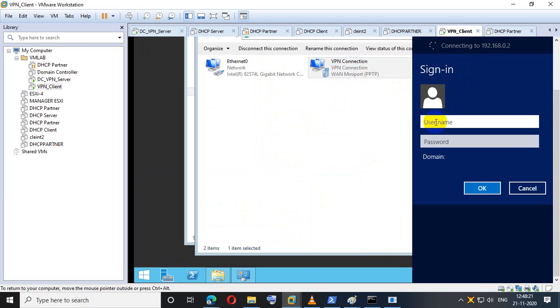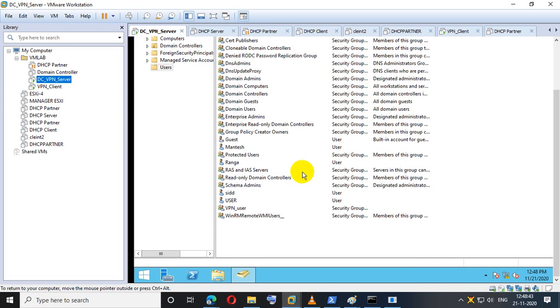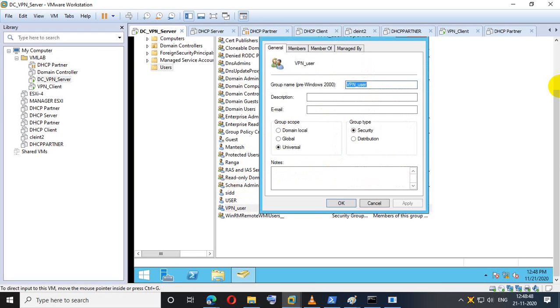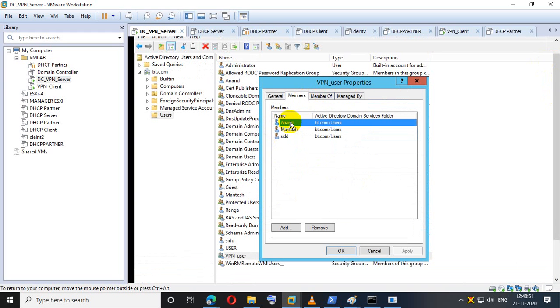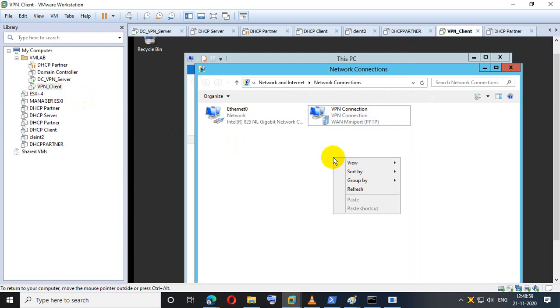Now here, BT/Anand. Now is Anand connected, right? I have not changed anything. Now what I do, I will remove Anand from the user access groups, that means the policy groups, and then I will try again. It is now connected because the session is already accepted, no problems.